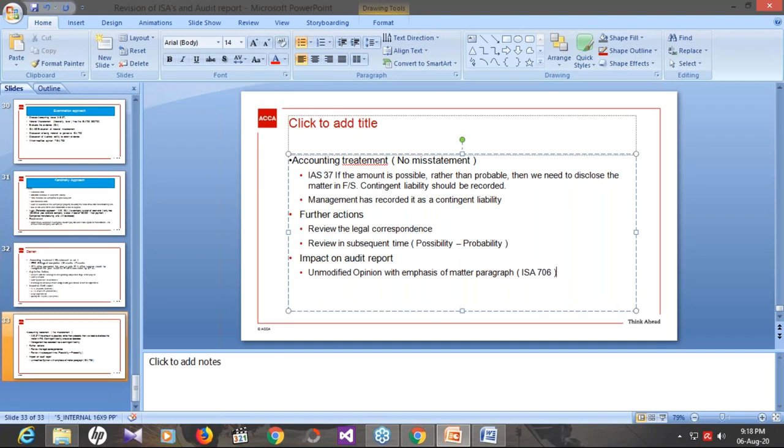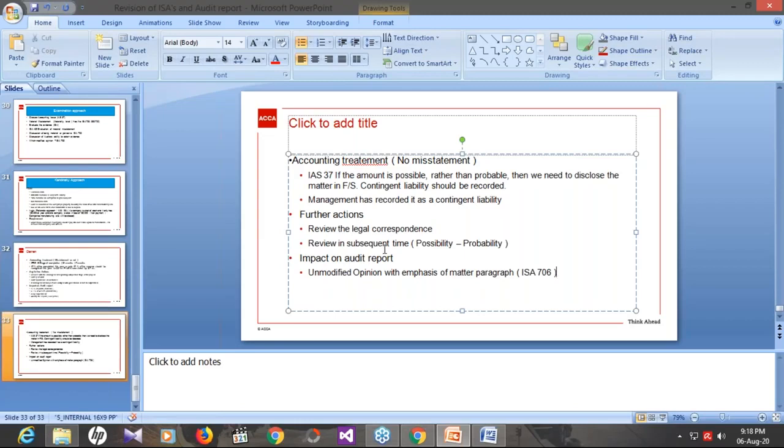So you should explain that due to the size of the cash outflow, the auditor should consider including this event in the emphasis of matter paragraph. And you should state that the purpose of the emphasis of matter paragraph is to communicate a matter which is fundamental for the user in the understanding of the financial statements. So we need to discuss this matter in the emphasis of matter paragraph. This would be our final audit report issue: we will issue an unmodified opinion with emphasis of matter paragraph. This is how we are going to tackle this part.